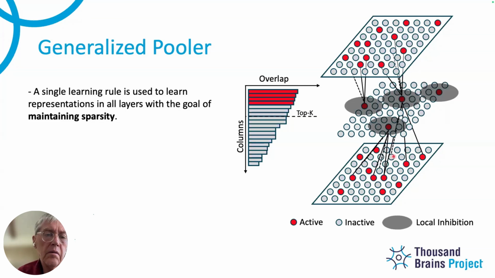What I have, okay, all right. I'm not sure where you're going with this. So, a single learner was used to represent all layers for the goal of maintaining sparsity. Right. I mean, the sparsity is just something that's enforced locally. But you have to choose which cells are active or not. If you don't choose which cells are active, it's just a random SDR. But if it is choosing which cells are active, you have to have some sort of forcing mechanism. That was the minicolumn,